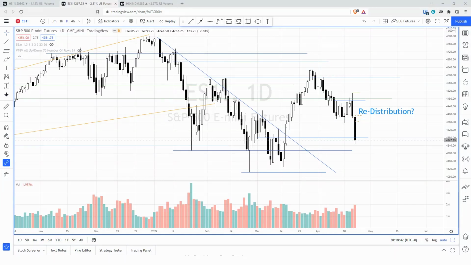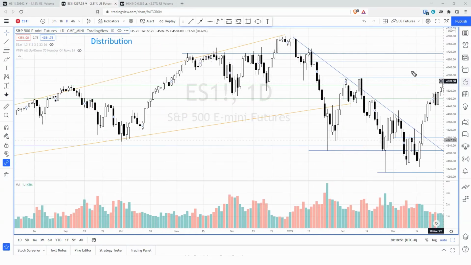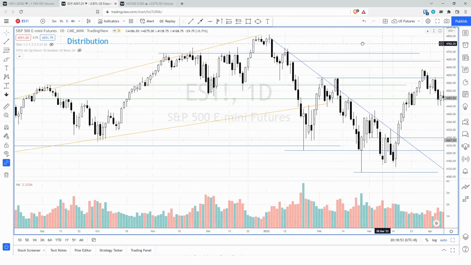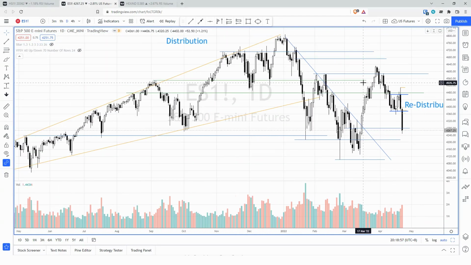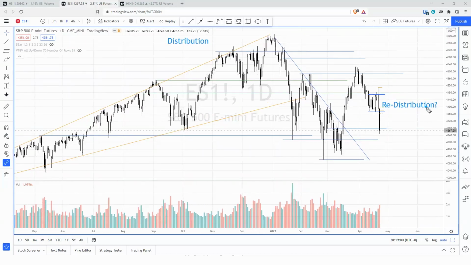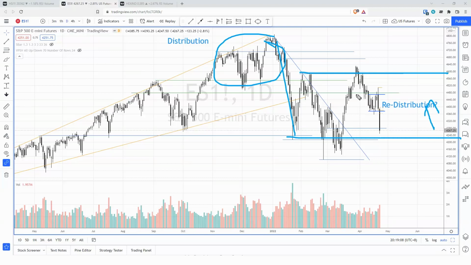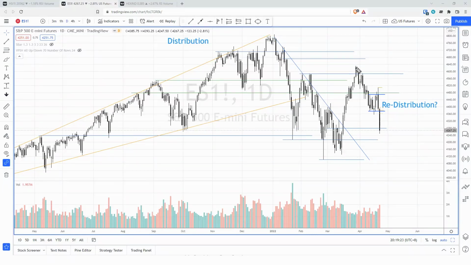So really, for the bearish case, we want to see a sign of weakness develop from here. It means that I expect a breakdown of this trading range. If this is a redistribution, so I put a question mark here, then I want to see a sign of weakness, a break below here, or at least tested this area, and then followed by a weak rally, so something like this,